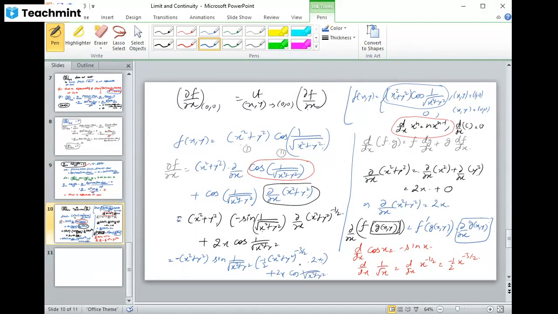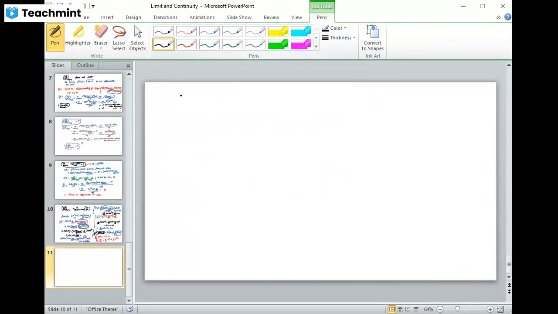Okay, so here this 2 and 2 get cancelled out. Here this negative sign also gets cancelled out with this negative sign. So here the power of x square plus y square is 1. Here the power of x square plus y square is minus 3 by 2. So 1 minus 3 by 2 is minus 1 by 2. Okay, so if I write this, what do we get? So partial f upon partial x is equal to x square plus y square raised to the power 1 minus 3 by 2,